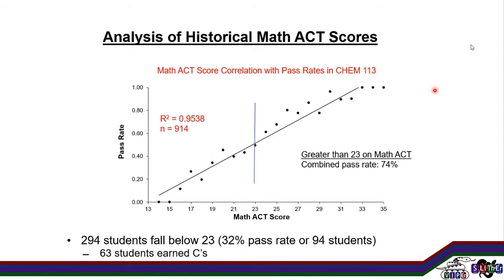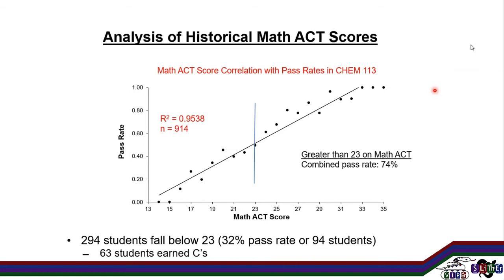But what we wanted to do is, okay, let's use that maybe as a prerequisite to go into our normal general chemistry sequence. Because if you look at, say, a math ACT score of 23, the combined pass rate of all of those students is 74%, which is on the order of what the Toledo could predict anyway without that logistical burden. You can really just look up the math ACT score, and 23,